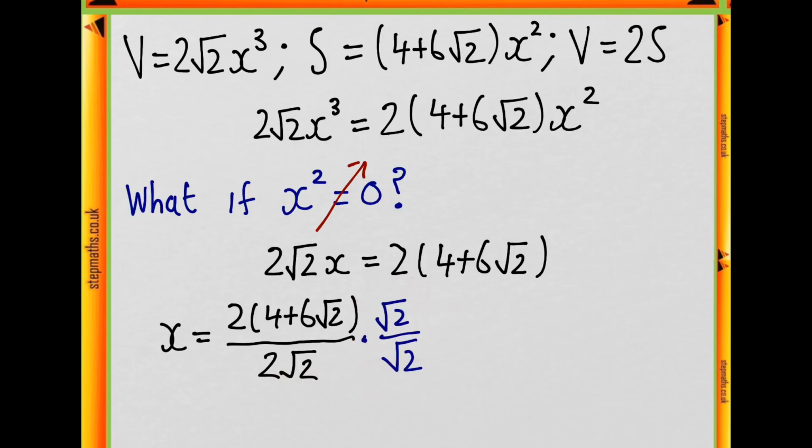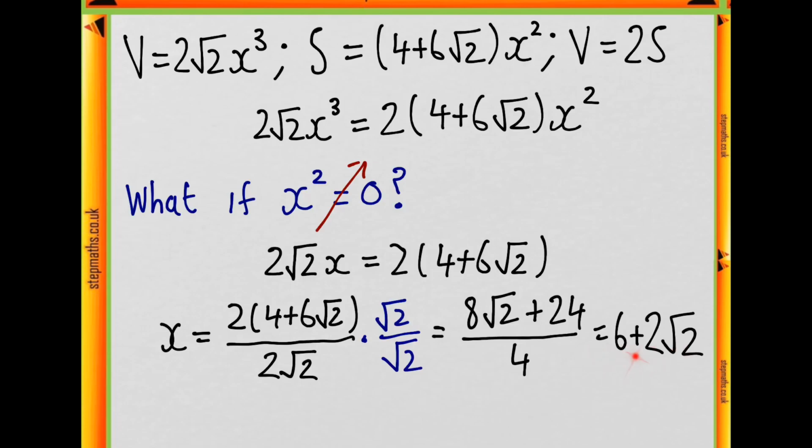So we can do that by multiplying the numerator and denominator by root 2. So the denominator goes to 4, and if we take the numerator times this by root 2 and expand out, we get this. But the great thing is, this isn't our final answer, because this 4's a factor of this, and 4's a factor of this. So we finally get this, and this is very good news, because that's one of our options, it's B. So our answer is